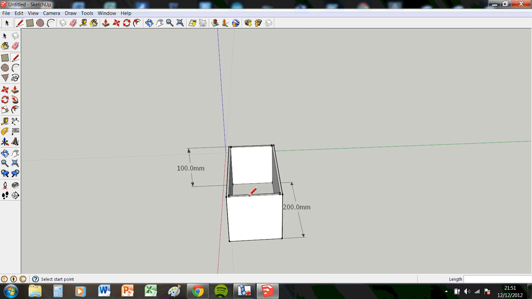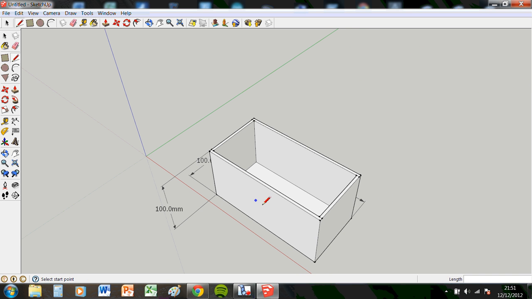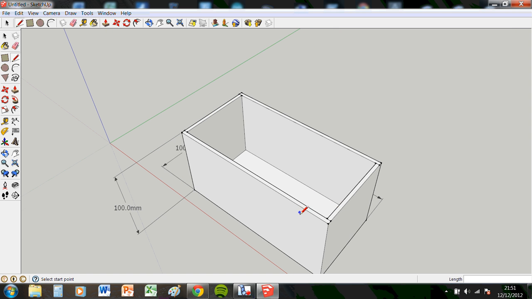Now obviously the next step is to start perhaps adding some extra details in, so we're going to need some holes for components to go through. Let's just imagine this design had an LED, for instance. If you're doing the MP3 speaker, it doesn't have an LED, but because this is a generic video,